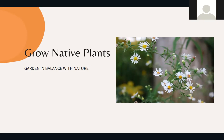So in your garden or your patio, I want you to take a moment and think about what you grow, whether it's ornamental or edible, and how much of it naturally occurs in the region that you're in, or maybe in the apartment building that you live, the space around it. So when you're designing or planting your ornamental or edible garden, maybe aim for 70% of space to be made up of native plants and species,